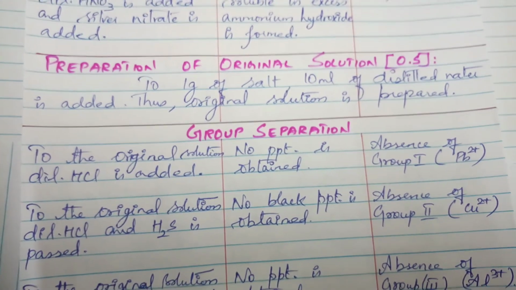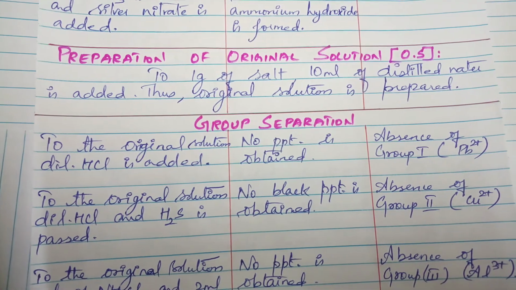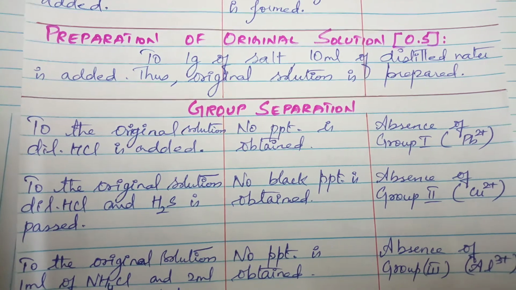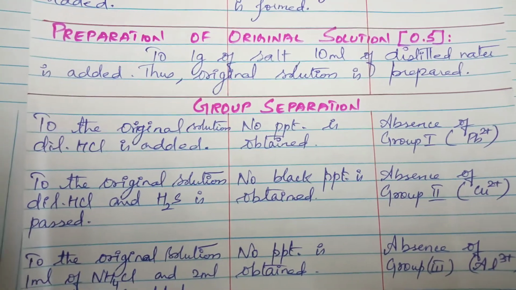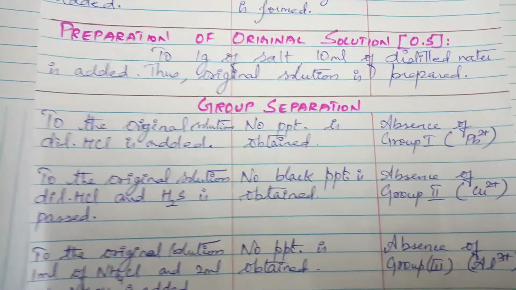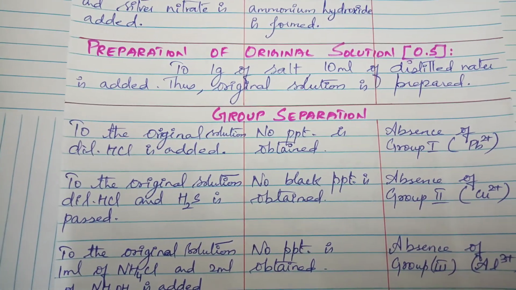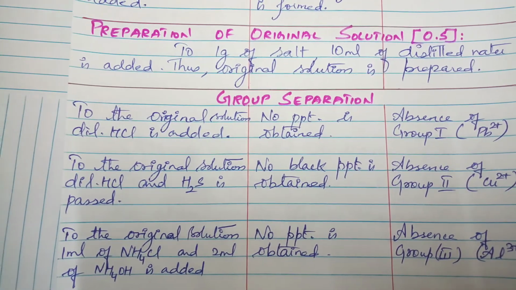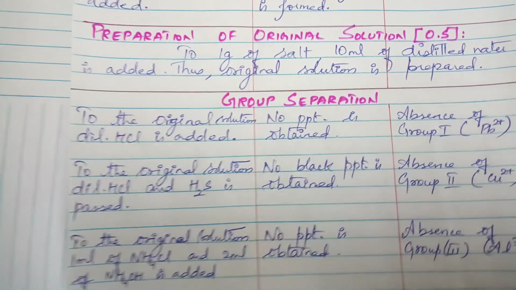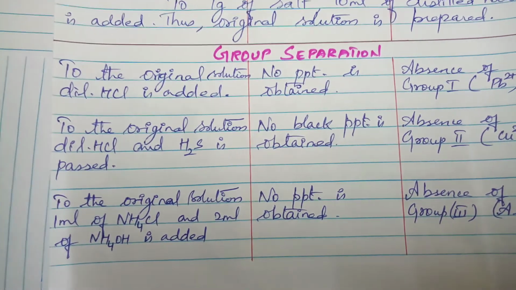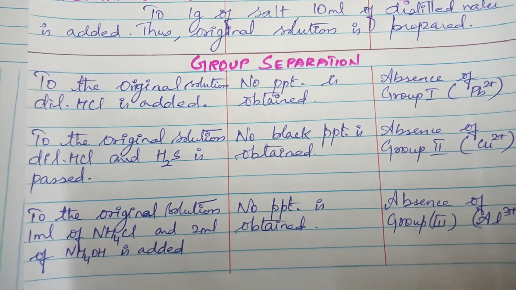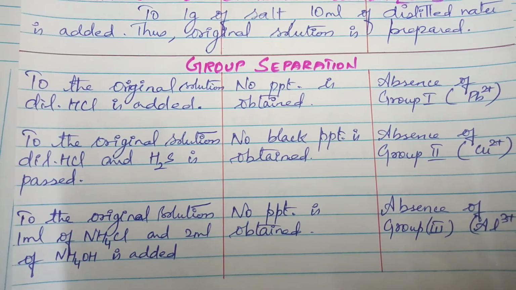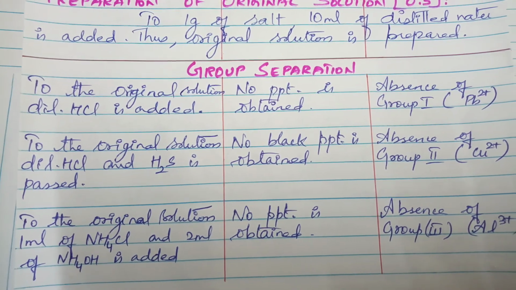Then comes the group separation, the important section of salt analysis, because acid radicals have no problem, as we have very few acid radicals. But for basic radicals, since it is a simple salt, it's quite easy, though there are salts in complex form where more than one radical will be present. Here it is important to ensure the group separation of radicals. We need to know which group my salt comes in. We have 6 groups, and my salt can be positioned in any one of them. So to identify this salt, I have to go for